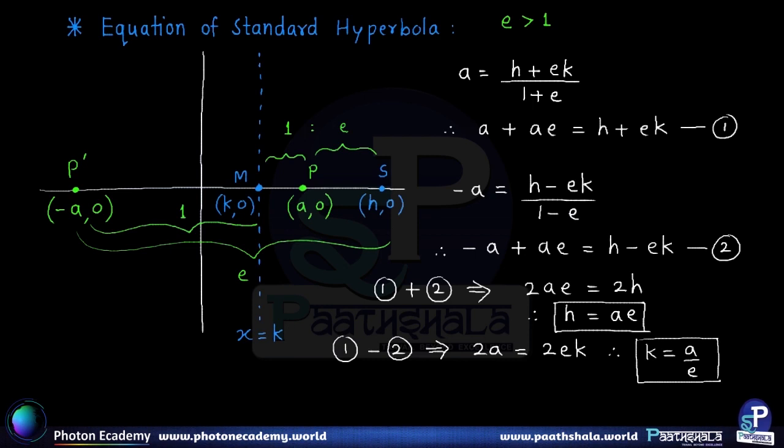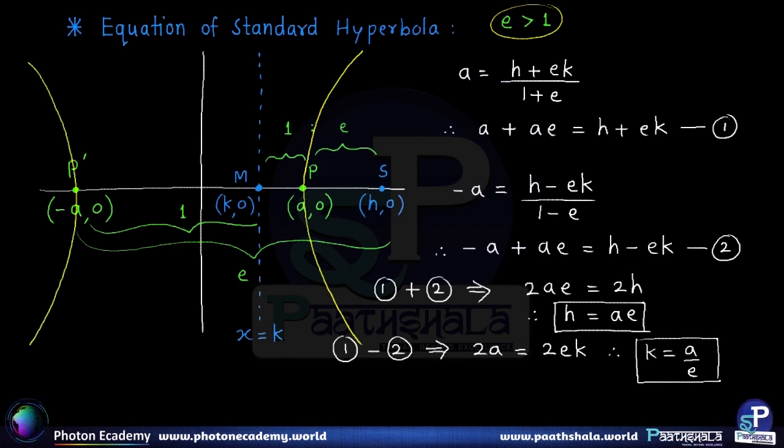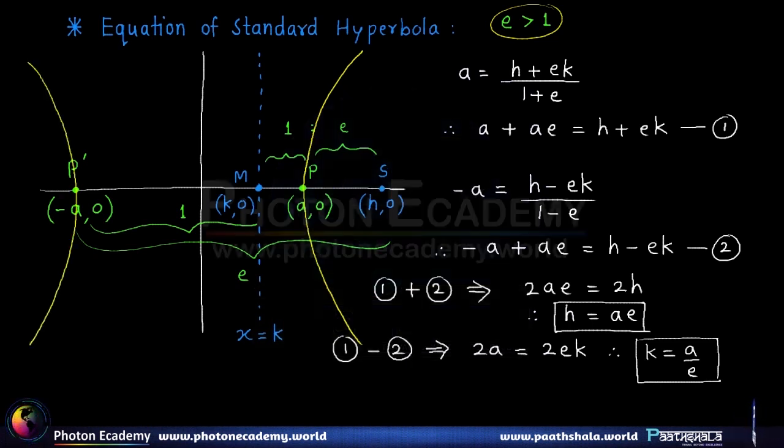Now it will be interesting to note that there will be countless such points where the ratio of their distances from focus to directrix is equal to e, which is numerically greater than 1. So if we join all such points, we will get a curve like this, and there will be another branch also. So this together makes one hyperbola. If you see, these are not two different curves but parts of the same hyperbola, and like the previous directrix, you will have